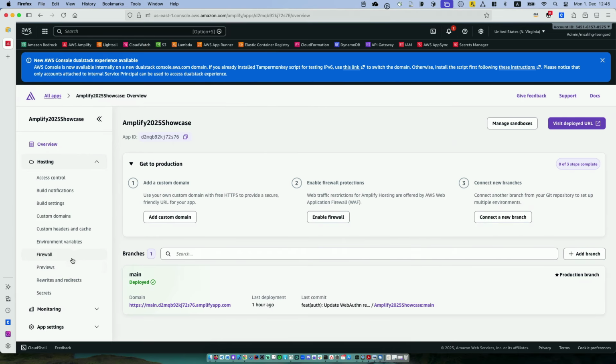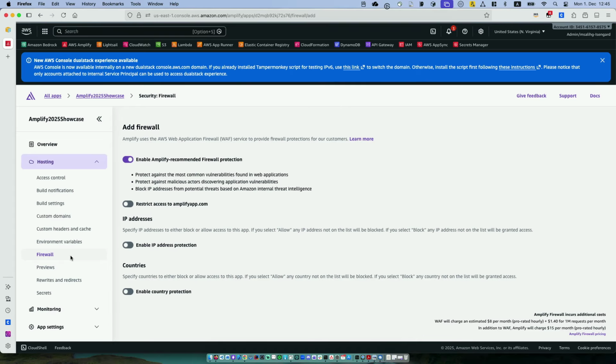Also for hosting, you can have many different approaches, and one of them is the firewall. With this one click here, now you can have WAF support directly. So you can prevent additional attacks and so on from happening to your Amplify front-end applications with a single click. It allows you to protect yourself from common vulnerabilities and malicious actors automatically. For example, someone might try to send a user agent called something like "my user agent", and it would automatically trigger backend calls directly. And of course, you can block IP addresses as well.